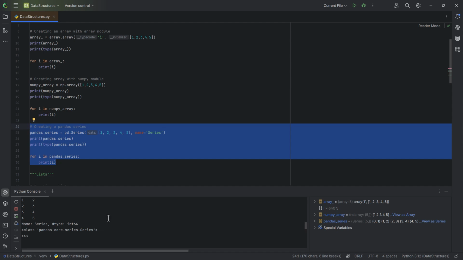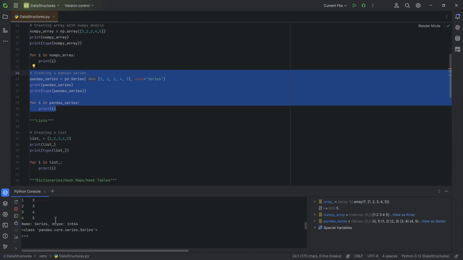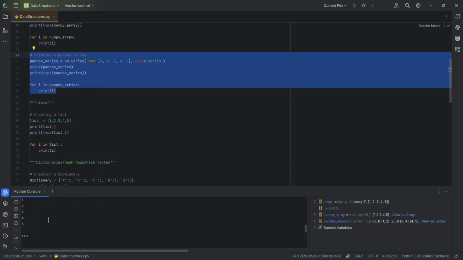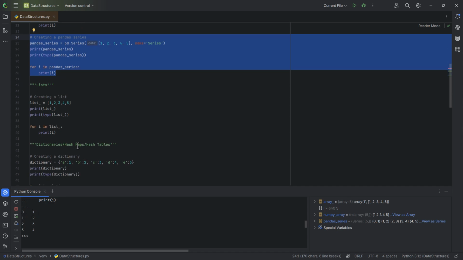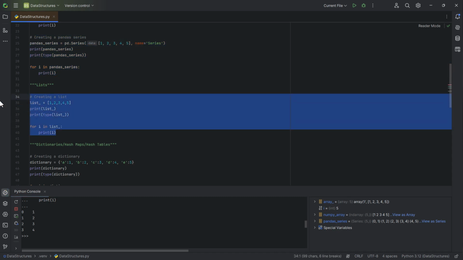Pandas is a tool for data analysis in Python. Same with NumPy, built on each other. But I have a little bit more information saying what kind of data type it is. Data type is its own thing that we'll cover. The class, and again, element-wise, 1, 2, 3, 4, 5. If I were to print it out here, the series itself has a little column to the left of it, which is just an index saying that this is row 0. And we are also able to create a list,